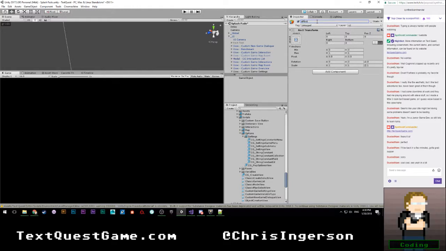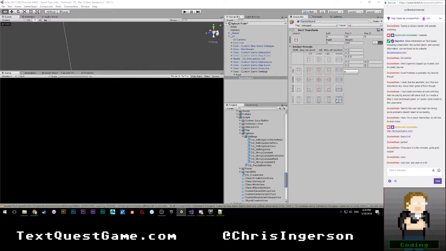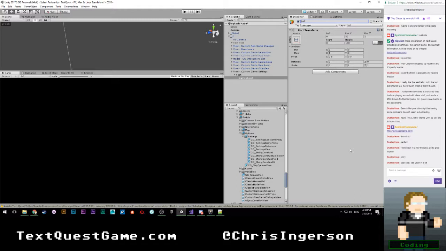Nope, not a root, just root. We'll call this our buttons, bottom maybe. Yeah, we'll call it bottom, and this is just going to be where our buttons are. Let's set our pivots and anchors to be correct.